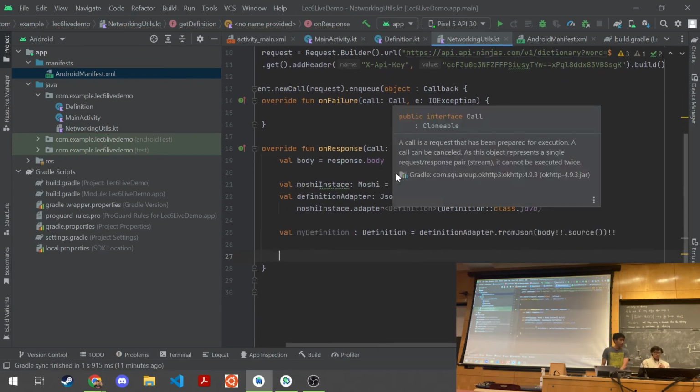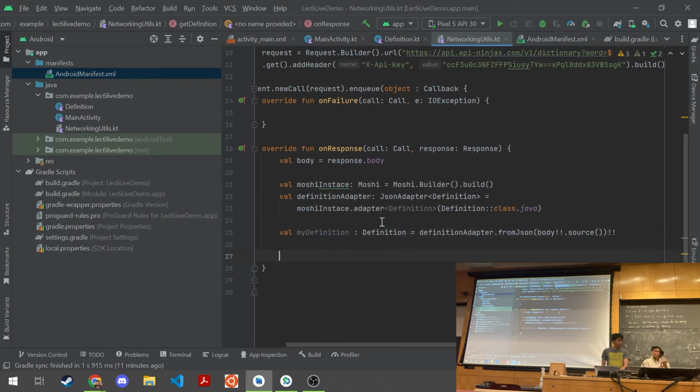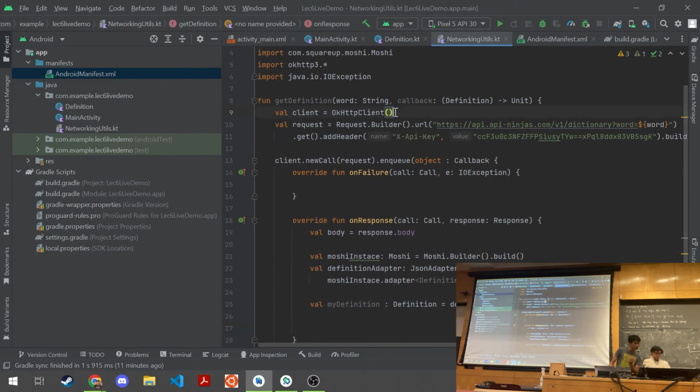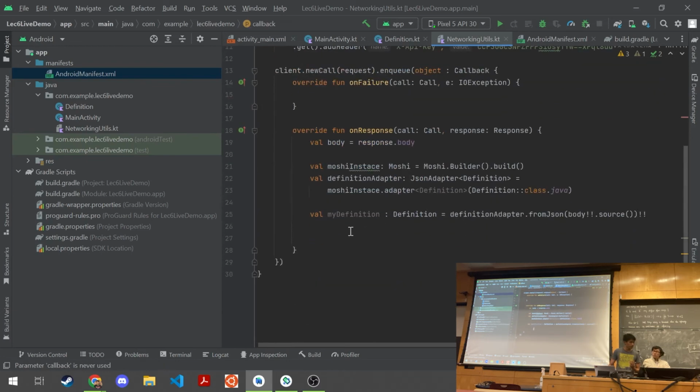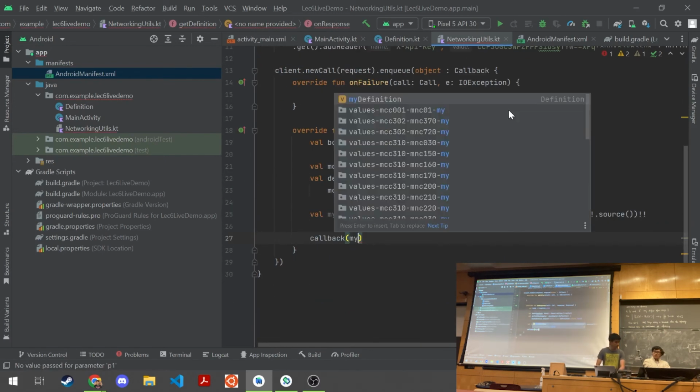Now the last thing I have to do is actually use my callback function, where is that? My callback function, in order to actually do something with my definition, because otherwise it's just sort of hanging around here, not actually doing anything. So I'll want to pass this into my callback function, and then whatever this callback function is should operate using this definition that I just pulled.